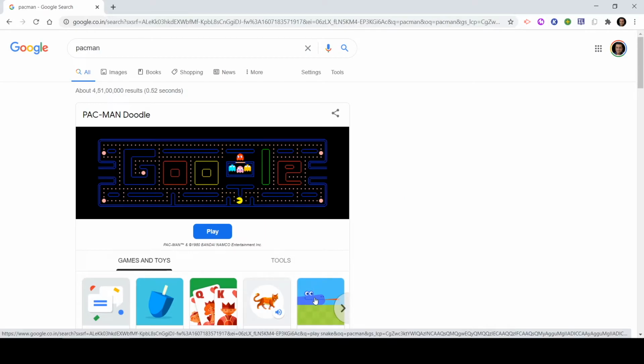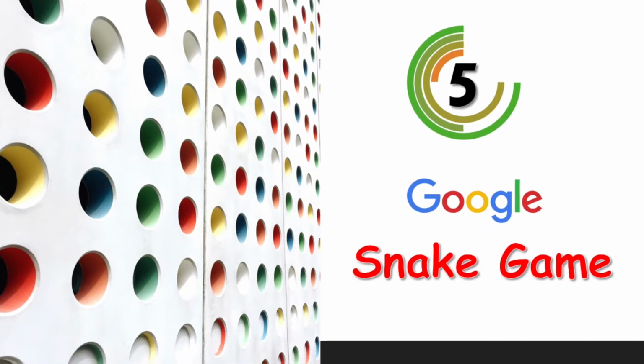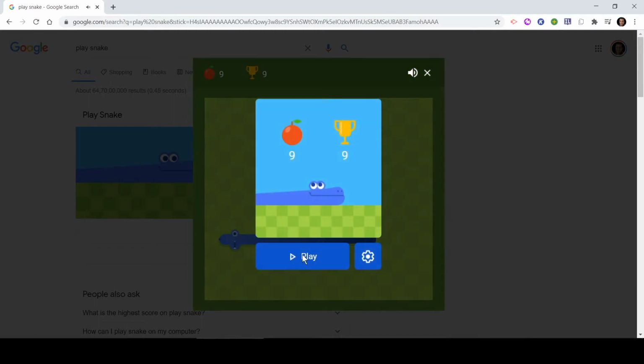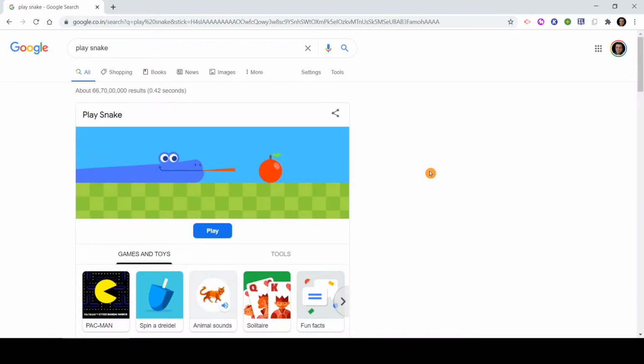You can see another option is there for the snake game. You can click on that and start playing. So these are the options available all the time. You can play whenever you want to.